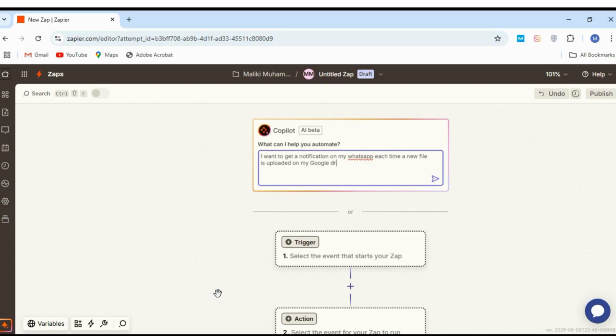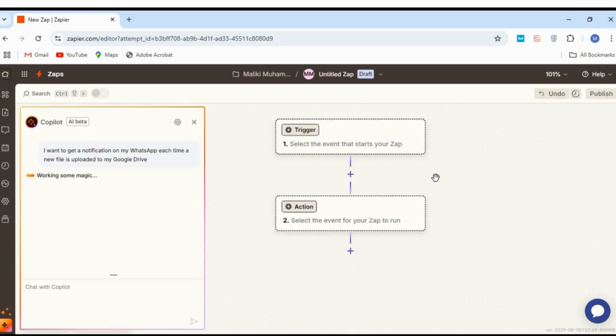Just doing some spelling corrections there. WhatsApp. Okay, good. The moment you type in your prompt, the next thing you do is to send your